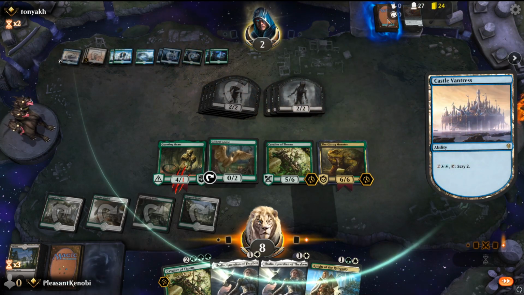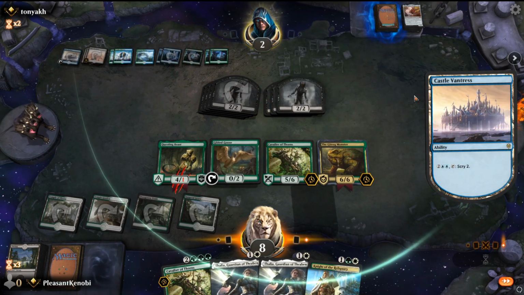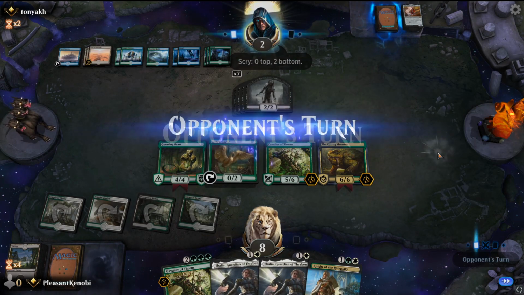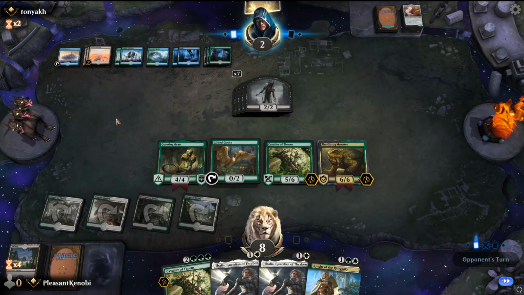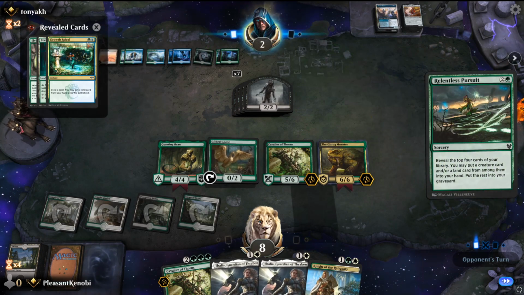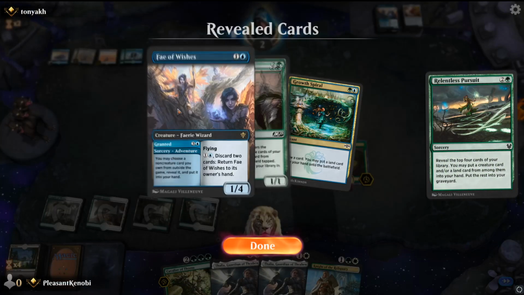Oh, fucking hell, they're scrying. No! Fuck off! Just get a land! Just... Oh, 2 on the bottom. They're digging. They're digging. Can Questing Beast win us this game? Come on, you fucker! What does this do? Top 4 cards. Growth, Breeding Pool,